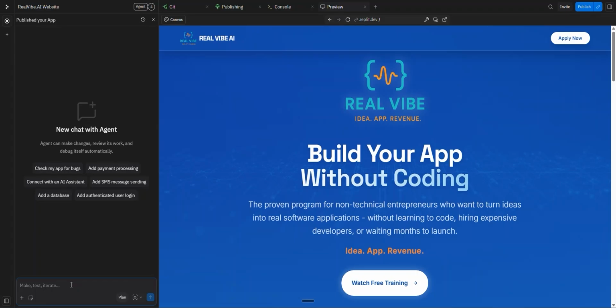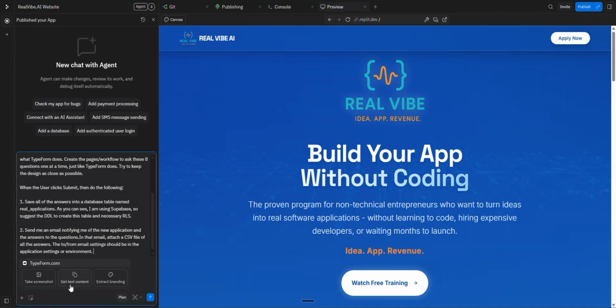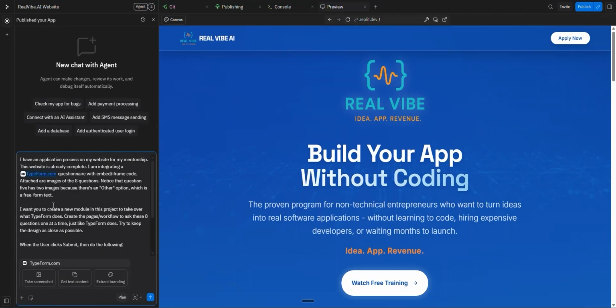So I've already written out my prompt, so I'm going to paste that in here, right? But basically what it says is I have an application, my website, my mentorship. This website's integrating Typeform that I embed, blah, blah, blah. And then I'm going to attach 8 questions. I took images. I went through my form and I just created screenshots of the 8 questions. And I said, notice that question 5 has 2 images because there's another option,